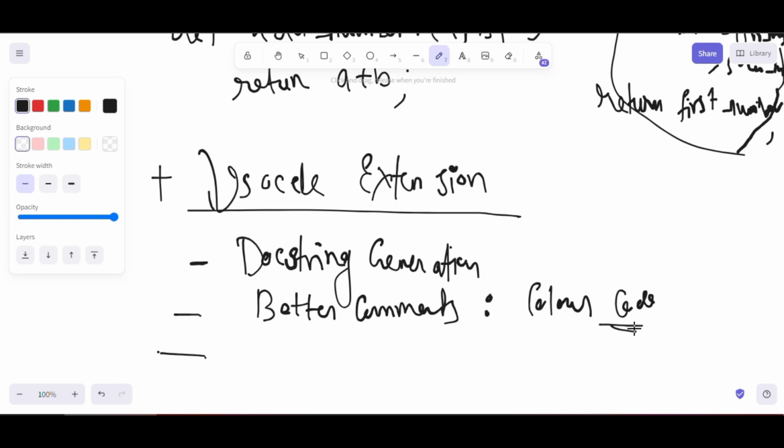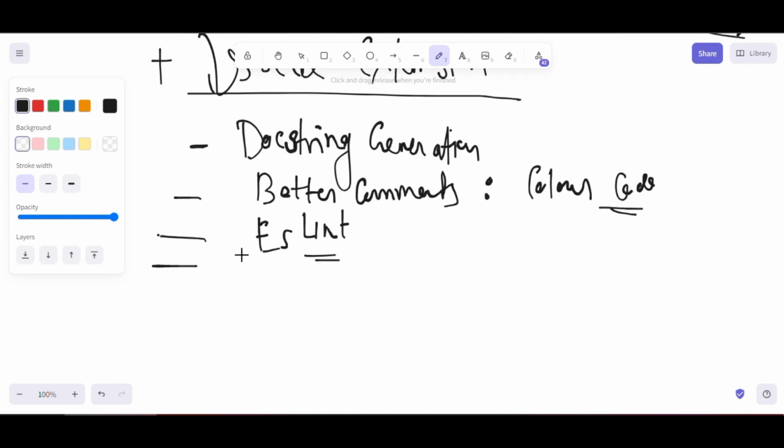Okay, another one is ESLint. ESLint is basically designed for JavaScript and automatically enforces clean code practices. If you are a Dart kind of person, building mobile apps in Flutter, there is another extension called Dart Code.